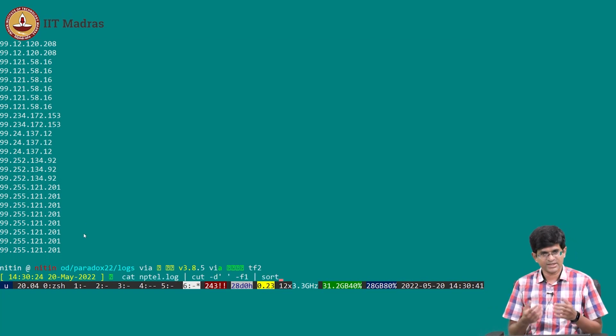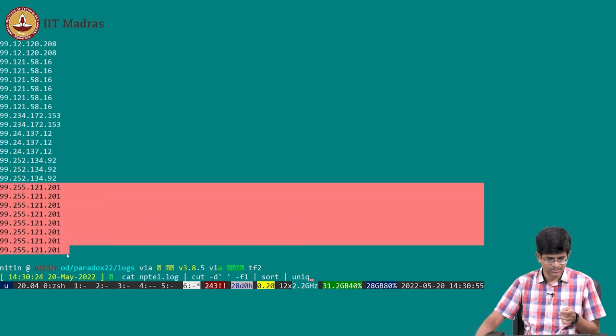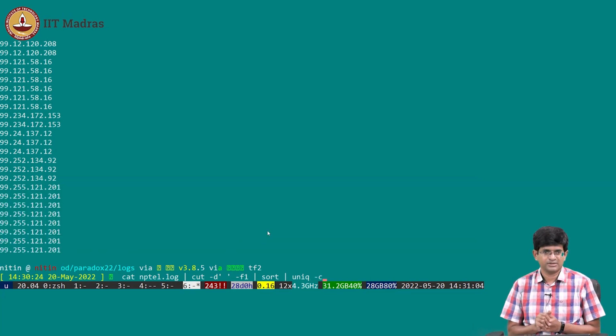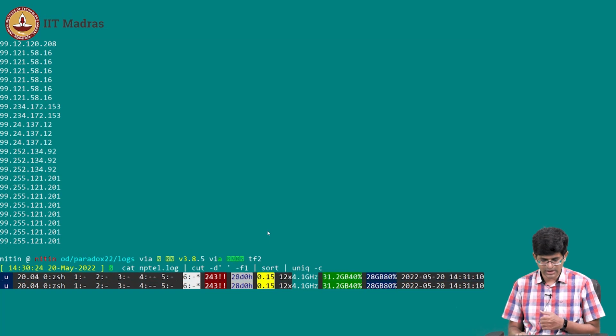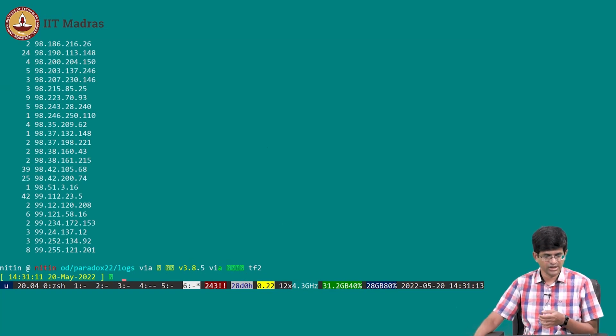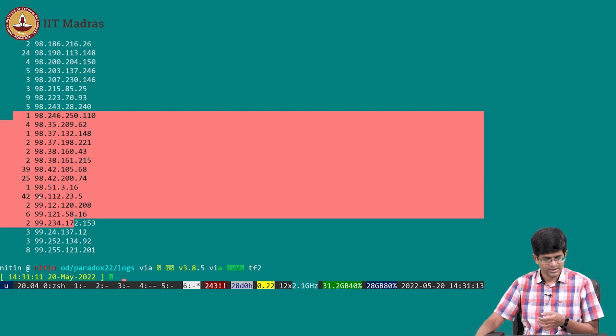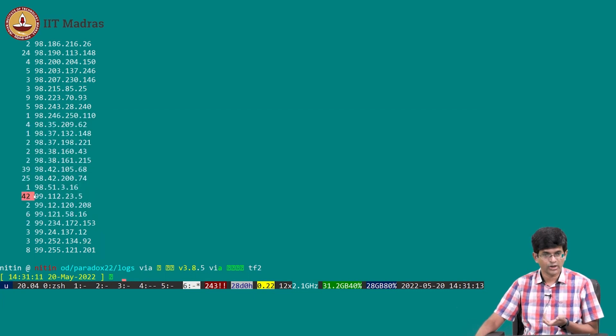Then what else? But sorting is still not good enough. I wanted to start grouping things together. There's another command for that called uniq. But uniq will only say, okay, this IP is there some 8 times, I will only print it once. That's not exactly what I want. I want it to print how many times. So uniq takes a flag -c, which will actually tell you how many times it printed. Okay, right, this looks a lot better, right? I do this and now it's showing me all of these entries out here. This IP, for example, had 42 hits, this last one had 8 hits and so on.